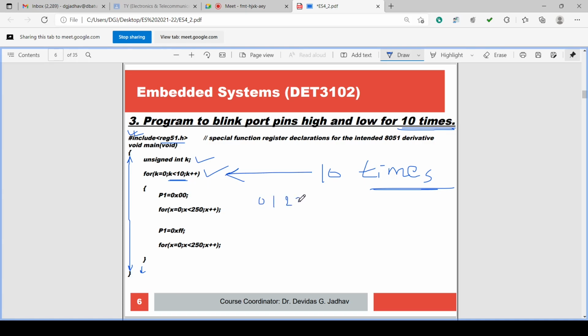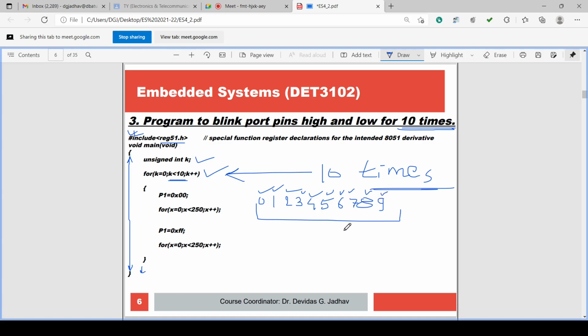So it will execute when k is equal to 0, k equal to 1, k equal to 2, k equal to 3, 4, 5, 6, 7, 8, 9. Isn't it? K has the values 0 to 9. So in total it becomes 1, 2, 3, 4, 5, 6, 7, 8, 9, 10 times.